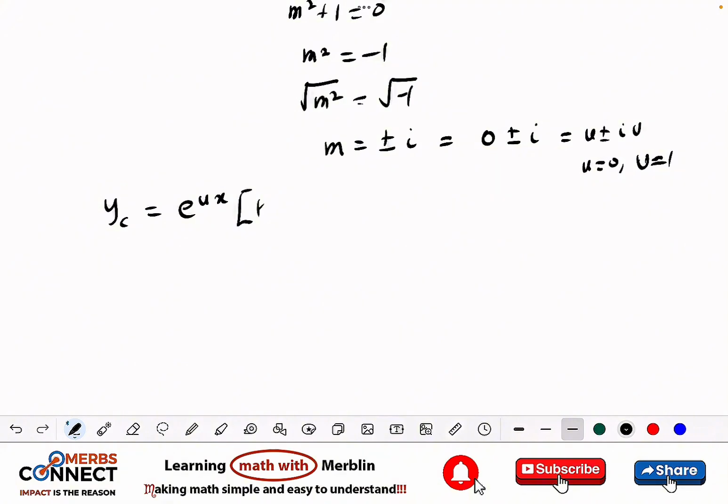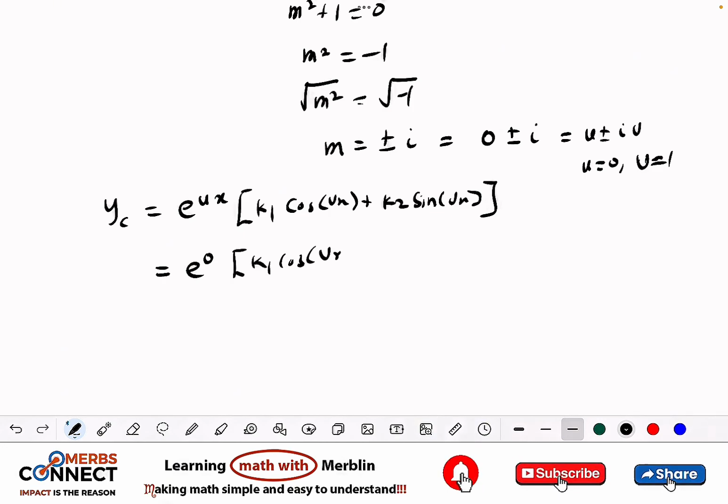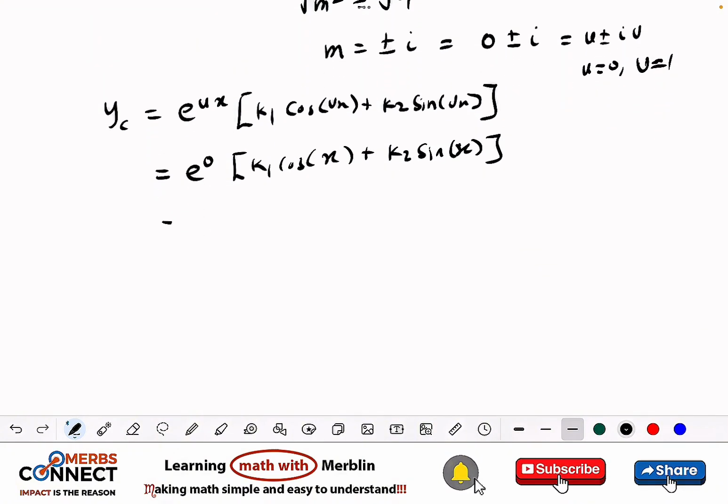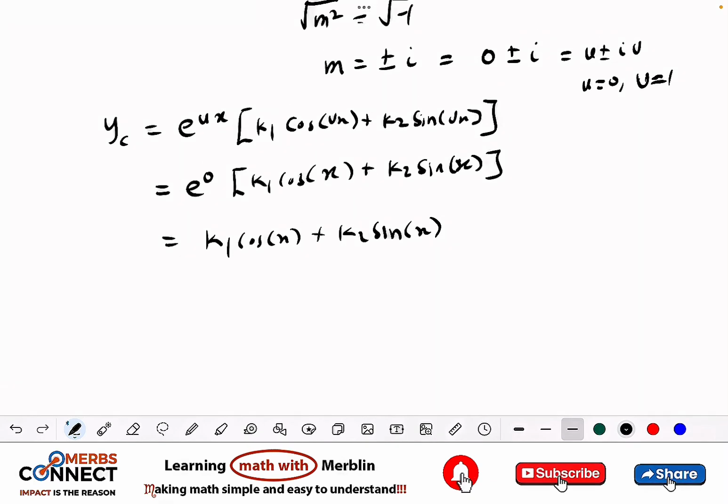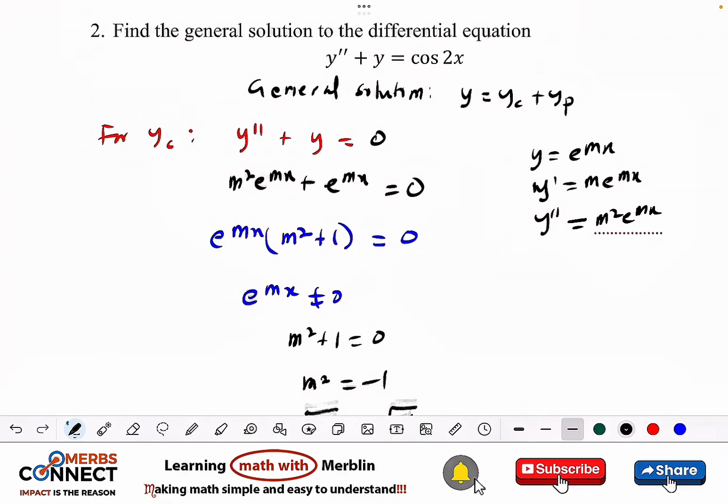I always love writing the formula before so that I always have it in mind. So I write this and then do substitution. So this one is 0, k1 cos vn x plus k2 sine. Okay, vn is 1, so this one will be just x. This one will be x. E to the power 0 is just 1, so it will be left with this, cos x plus k2 sin x. So now that we are done with the complementary solution, let's go ahead and find